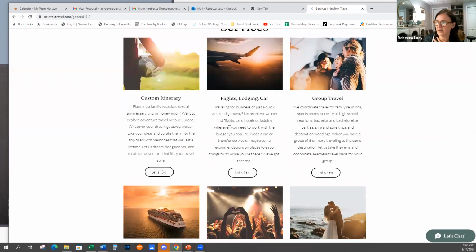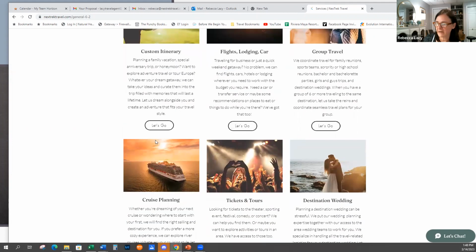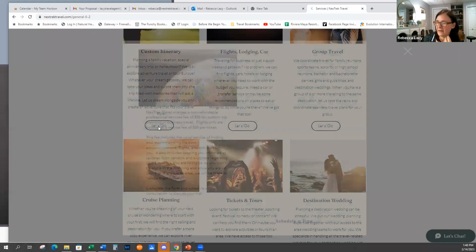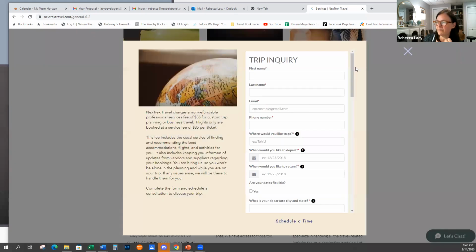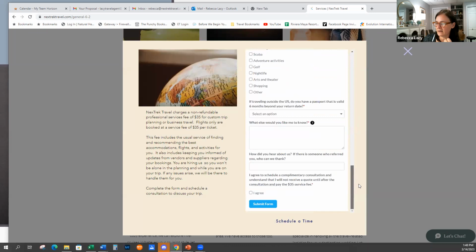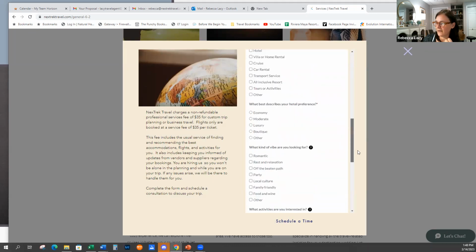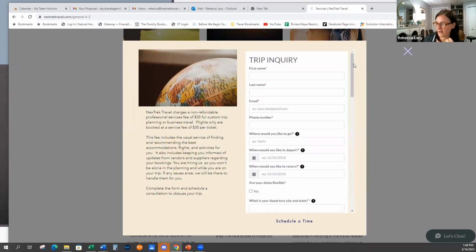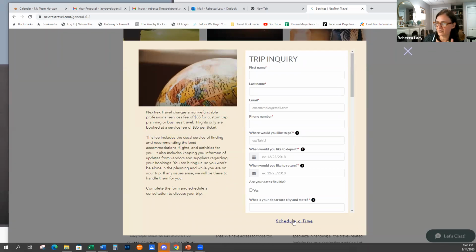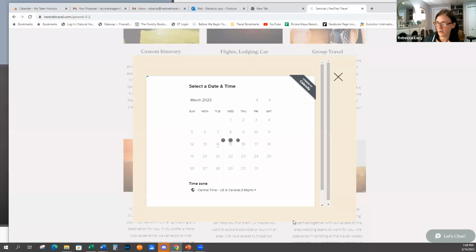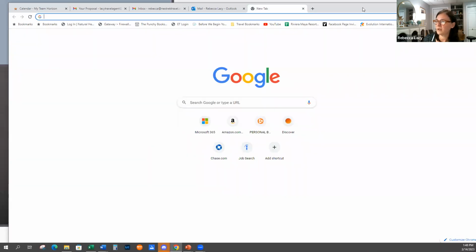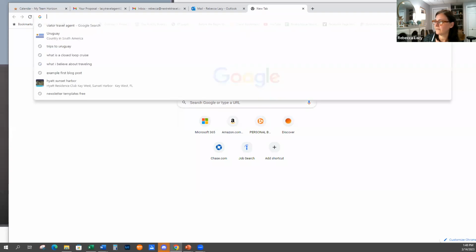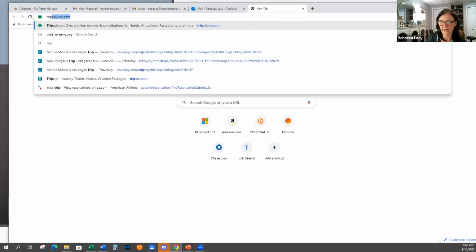So let's say they want to do a custom itinerary. And then I have embedded the form here. And this is what my form looks like. And then I ask them to schedule a time this way. So now that automatically gets put into my